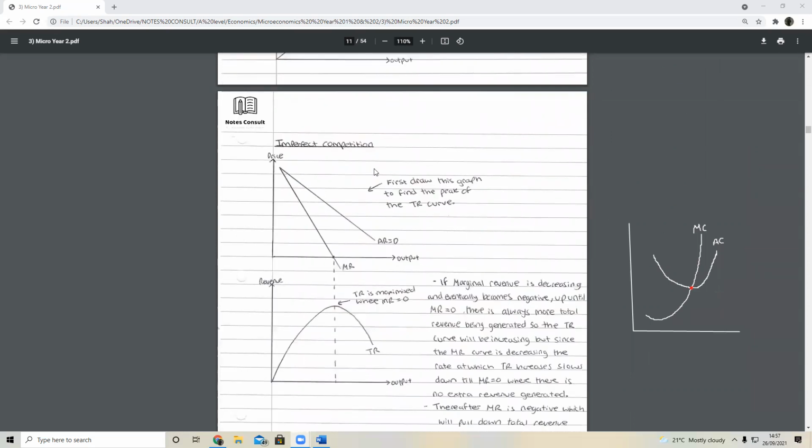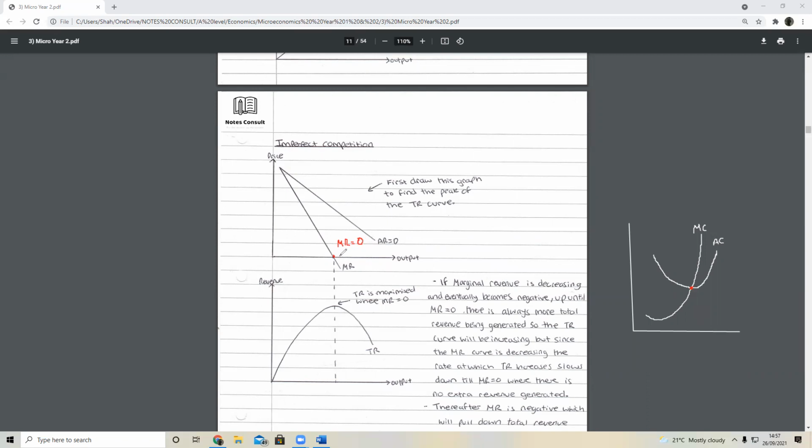So still looking at imperfect competition now, we know that we have 2 revenue curves. We derived them using the table. And what we want to look at is this point right here, which is actually where your marginal revenue is equal to 0. Because what is marginal revenue? It's the extra amount of revenue you're getting from producing 1 more unit of the good, right? And so marginal revenue at this point is equal to 0, which means you can't get any more revenue from producing another unit.